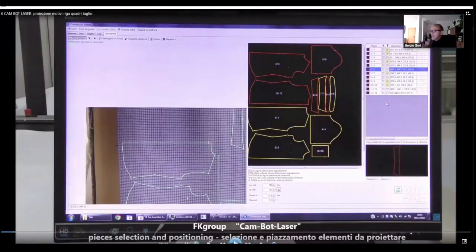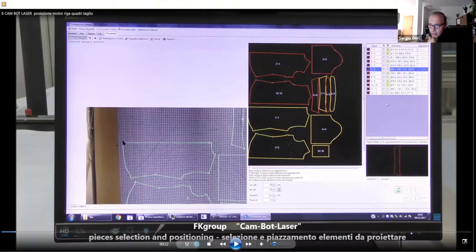What is the difference? With Arc, you are working in a photo. Perfect photo, fantastic. With the Cambot, you are working on the striped fabric, so you look before cutting at exactly the position of the blade. Here it is simulating the position of the blade. If you don't like your move, then you will be 300% sure to cut exactly what you want.